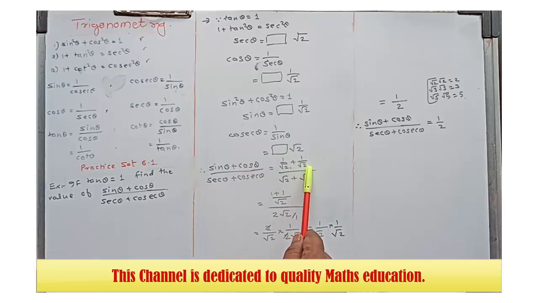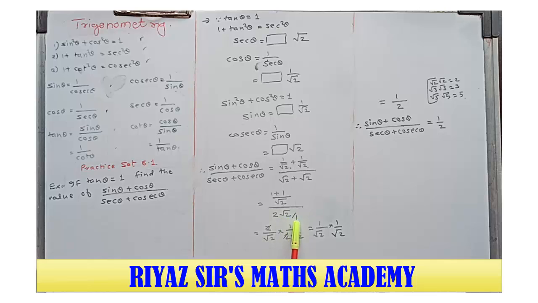Here addition of two fractions is there, right? Check the denominators are same, so keep that denominator common, root 2, and just add the numerators, that is 1 plus 1. 1 plus 1, that is 2 upon root 2, and just convert this division into multiplication. Then in the denominator there is 2 root 2, which means 2 root 2 upon 1. So when we convert this division into multiplication, we have to take the reciprocal of this denominator, and that reciprocal will be 1 upon 2 root 2.